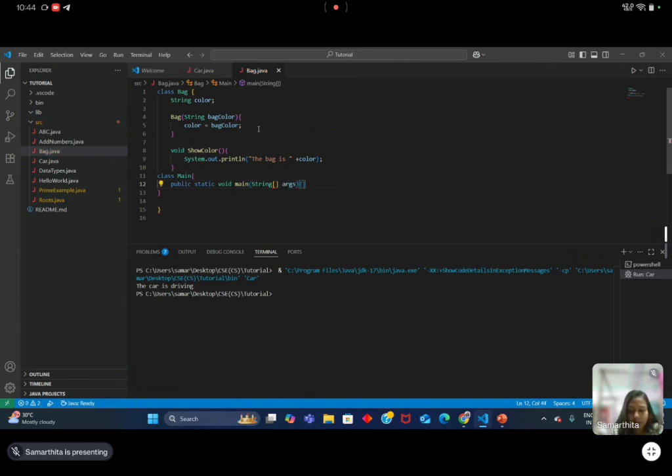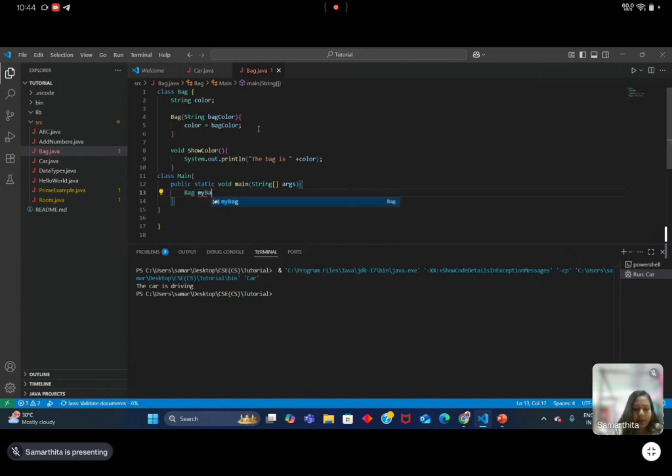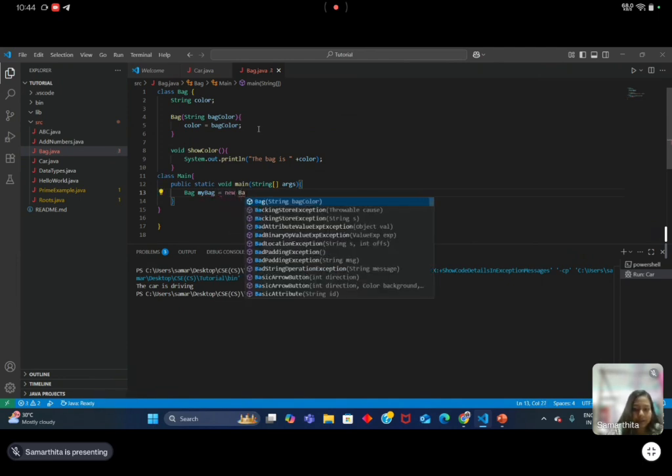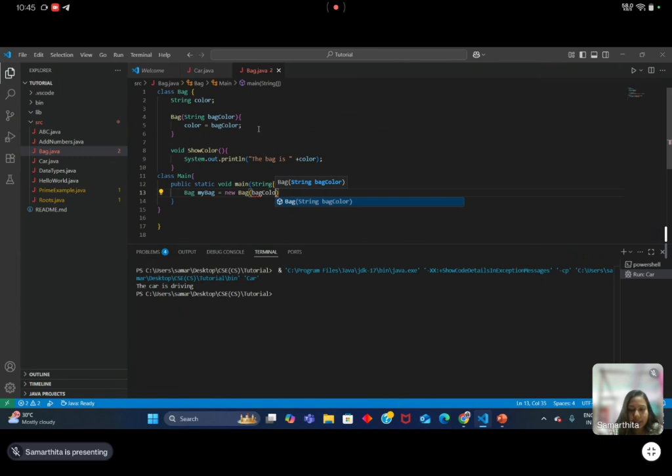And then Bag myBag equals new Bag, okay, and the bag color blue. For the car it was red and for the bag it is blue.